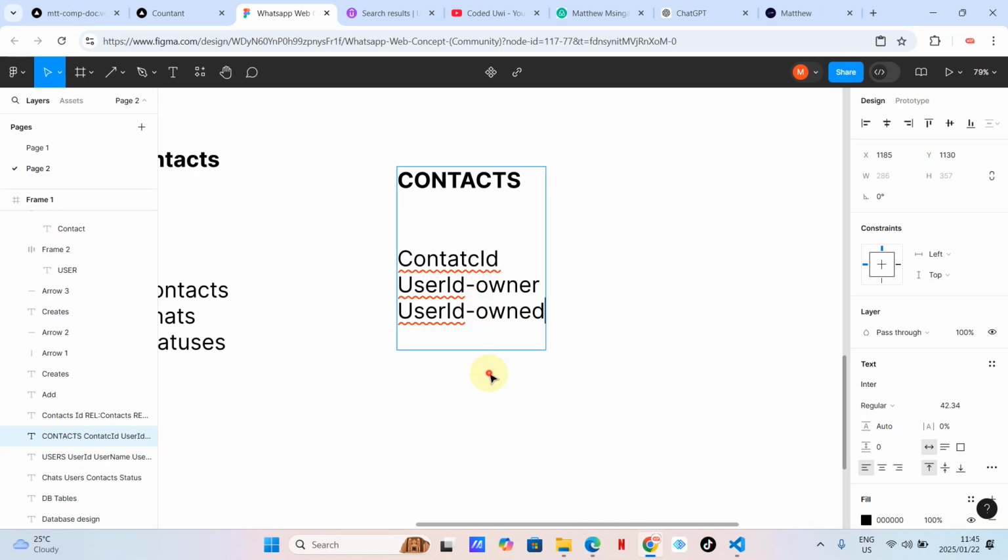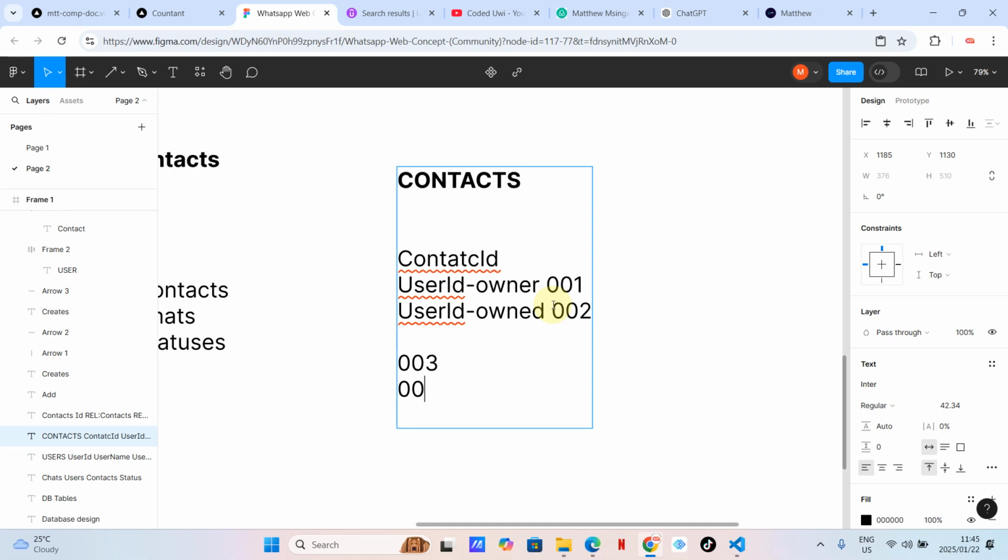So this ID is the one that owns this one. But if we've got 001 here, the owner is 001, and then the owned is 002, but at the same time you might have another owner which is 003,